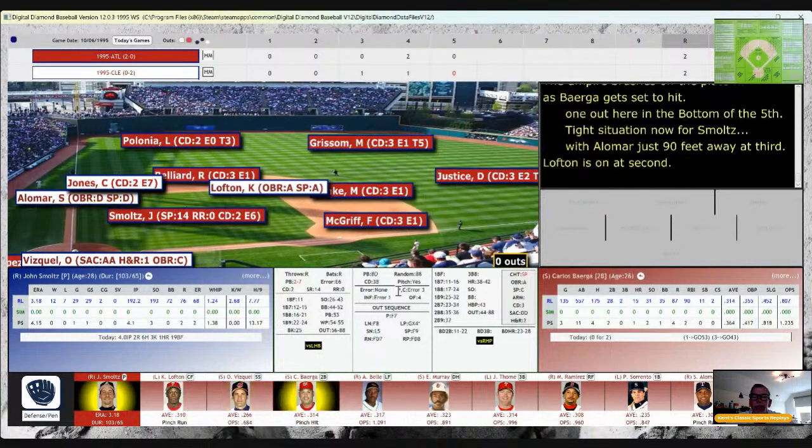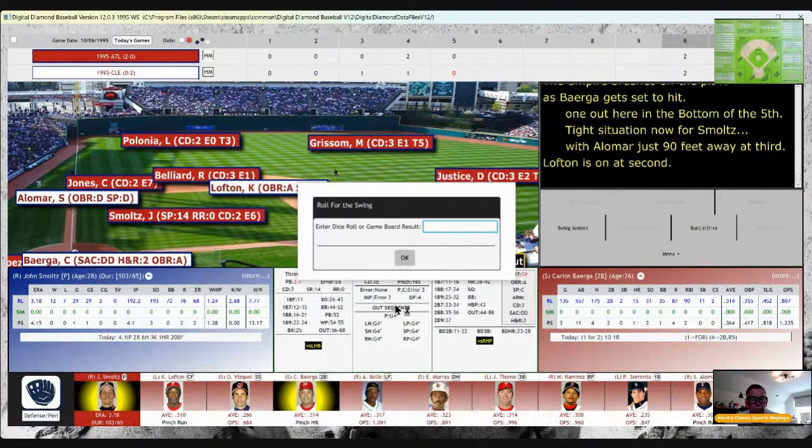Can he pitch himself out of this jam? As now Carlos Baerga steps up. Will be on Smoltz's card once again. That 13, though, is trouble, as that is a base hit into left field. Single into left field with a runner on second to home on a single. He runs it, A, T of 3, 11-74. He is going to attempt it.